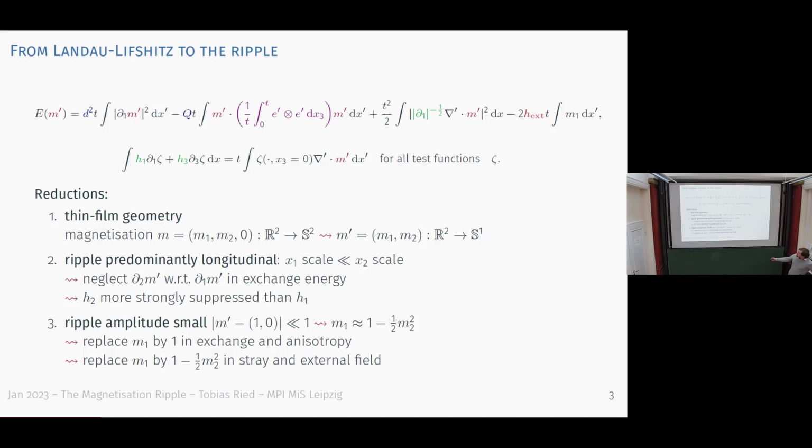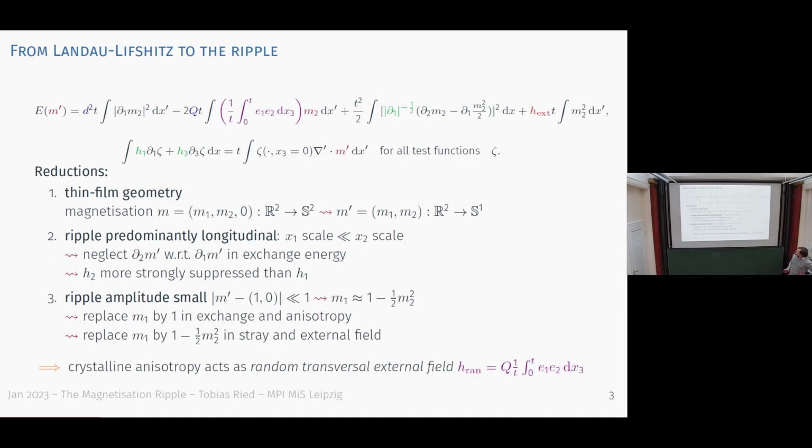And in the energy contributions in exchange and anisotropy energy, just replace m1 by 1, and in the external field contributions, replace m1 by, well, this finer approximation 1 minus 1/2 m2 squared,